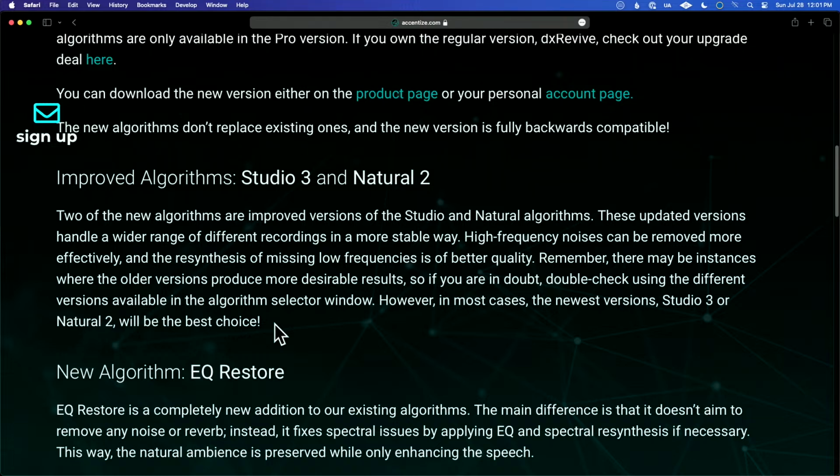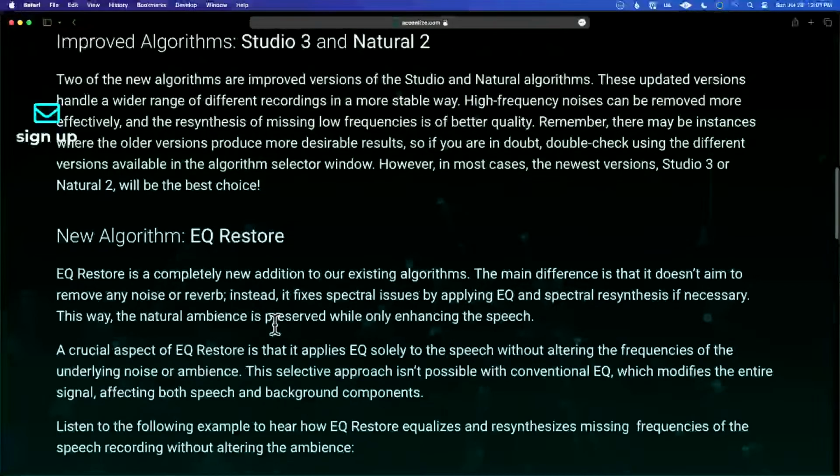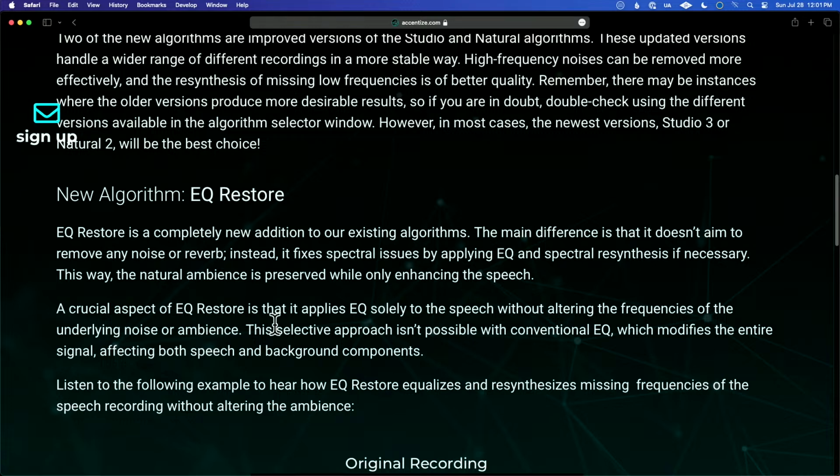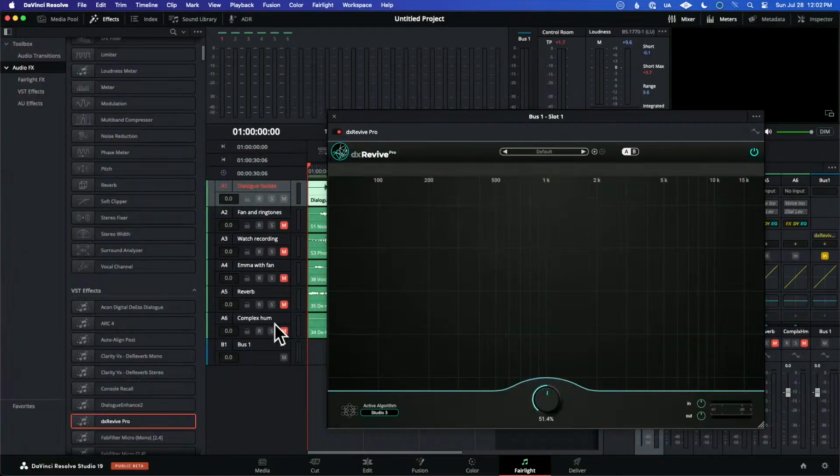But they also do have the older versions or the older algorithms, so you can always double check those and see if those work better. They also have this new one called EQ Restore, which is really cool. And we have a specific audio sample I put together for this that will allow us to kind of hear what that does. So with that, let's head on over to DaVinci Resolve, and